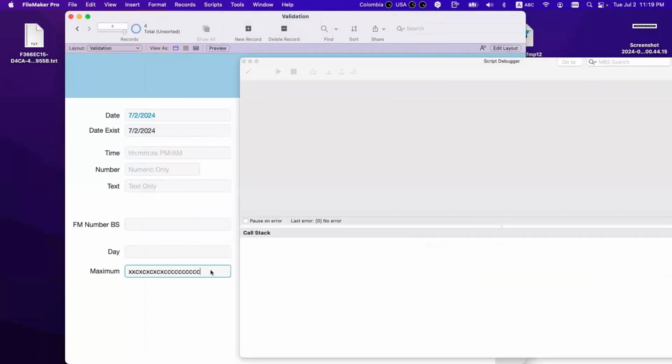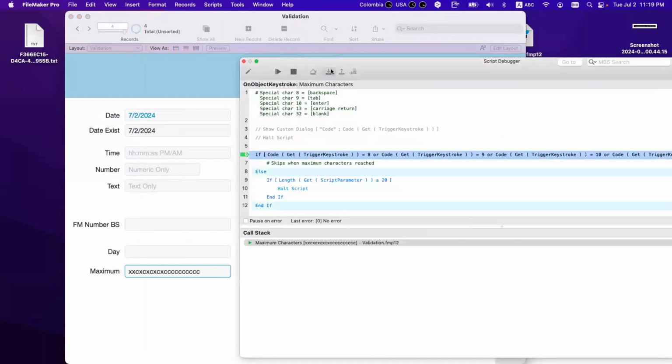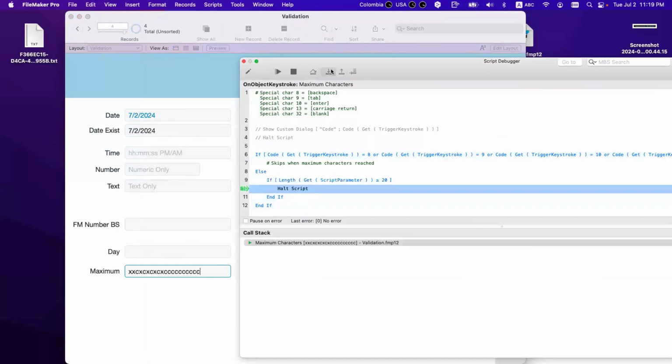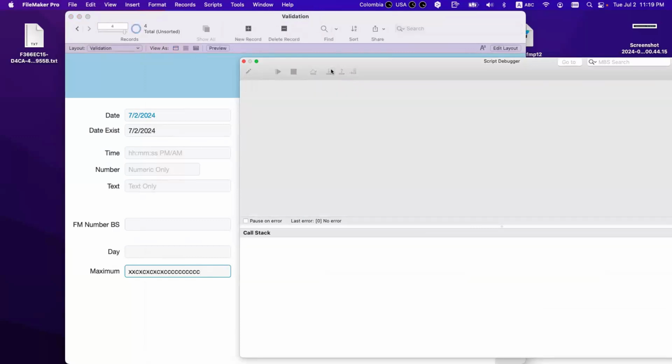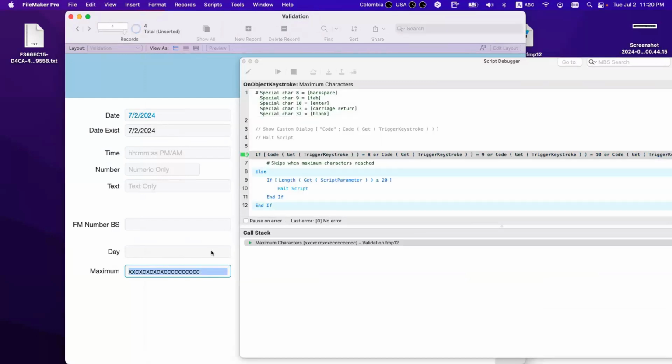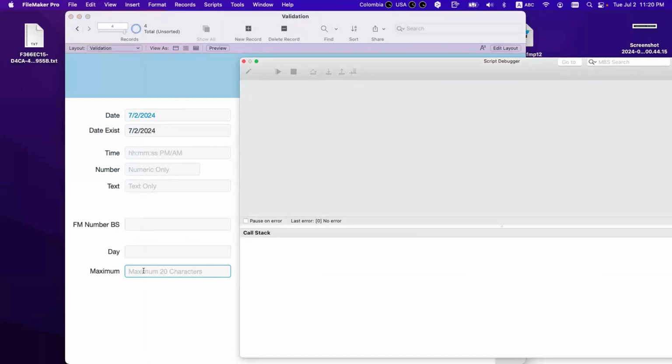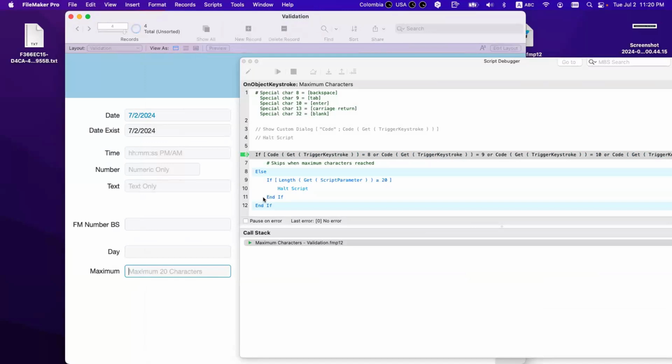That's why you need the alt. If you put the exit, it won't work. If I put something like this and arrive here, it says the length is 20. Yes, alt. And nothing happened. Okay, I'm typing the letter A. I'm going here, I'm typing A. The script happened. I didn't have the A typed. It's not there, but it exists here.